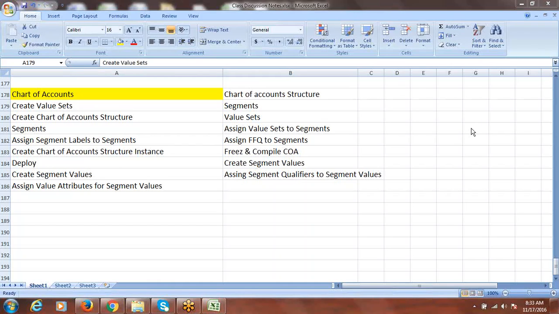I have seen a few clients who left release 12 and started implementing Fusion because they implemented R12 years back, around 7-8 years back. Release 12 came to the market in 2009, and it was almost a stabilized version. So at that point of time, 2009 or 10, they implemented it.